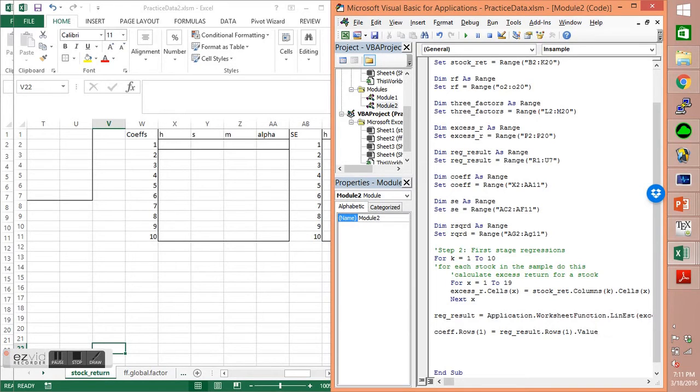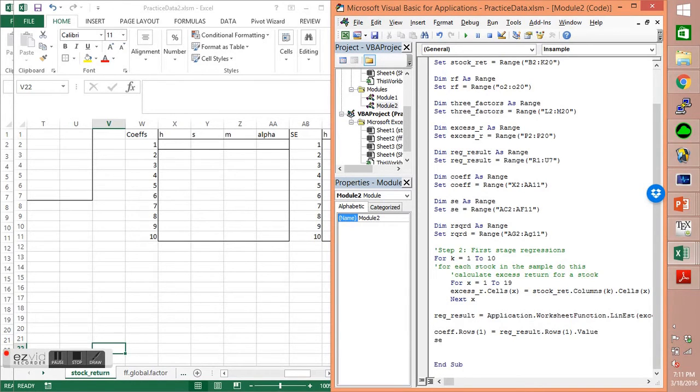You need to add .Value, because if you don't, Excel will simply understand this as a logical test whether the first row of the coefficient table is the same as the first row of the regression results. So you add the .Value for it to understand that you're trying to assign the value from